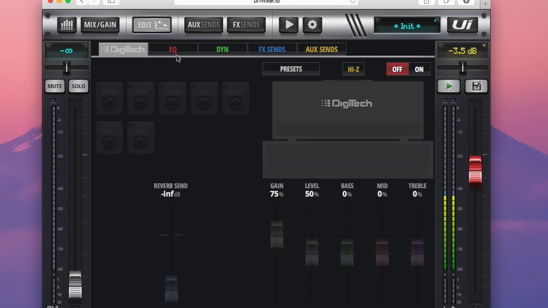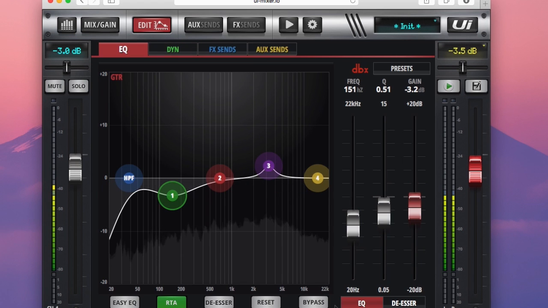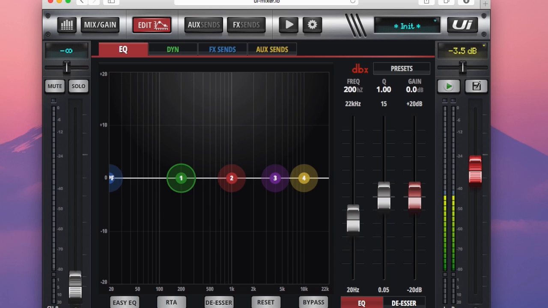If I select EQ, I can move to channel 4 no problem using this bar down here. I can also scroll across my channels by clicking and dragging the bar and then selecting channel 8. This is a quick way of navigating around all the EQs or dynamics on your console without having to exit the edit screen. Now if I move across my bar towards my output buses,